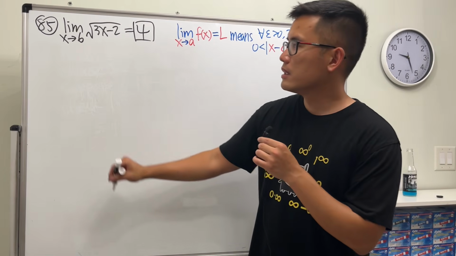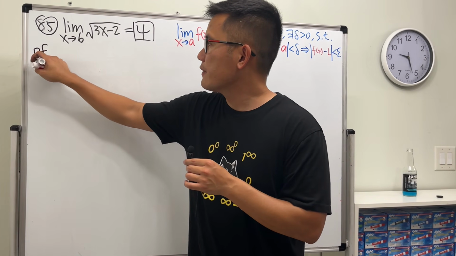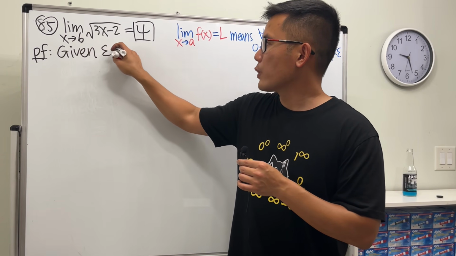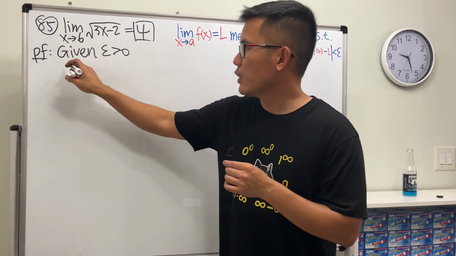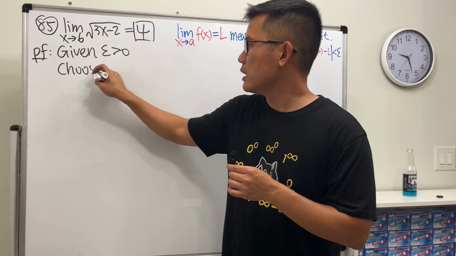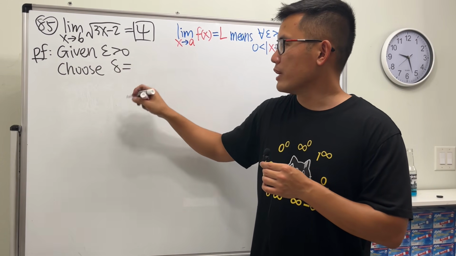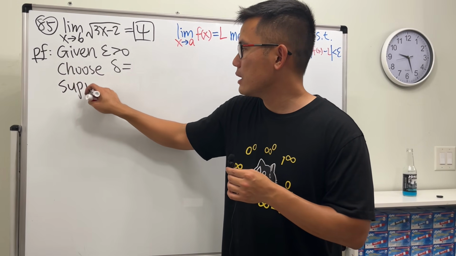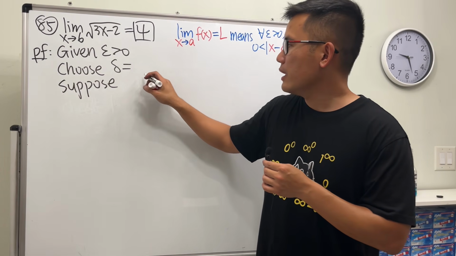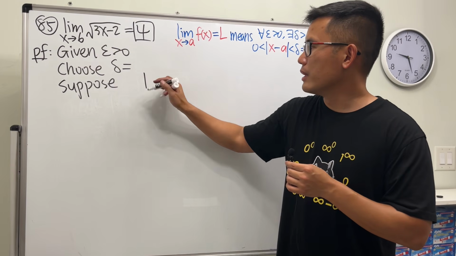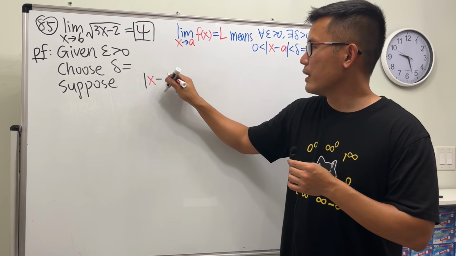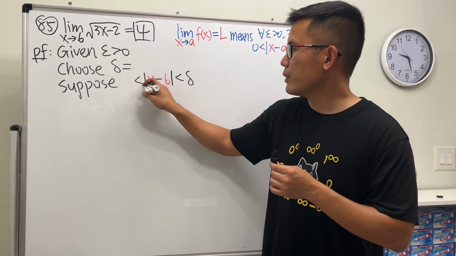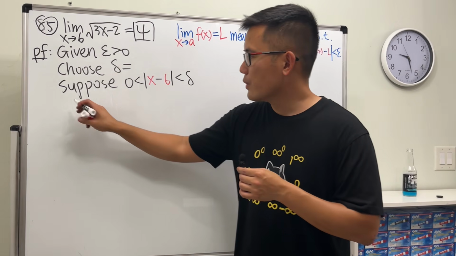Now prove it. Proof: given epsilon greater than 0. Next, we are going to choose delta. I don't know yet, so leave it. Then we are going to suppose, okay, and then we have x minus 6, so just go ahead and put that in the absolute value. And then this is less than delta, and then greater than 0. Then we are going to check